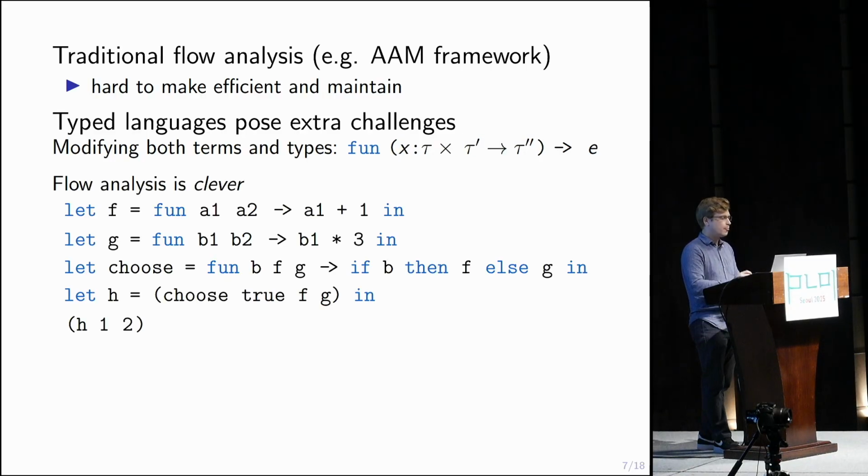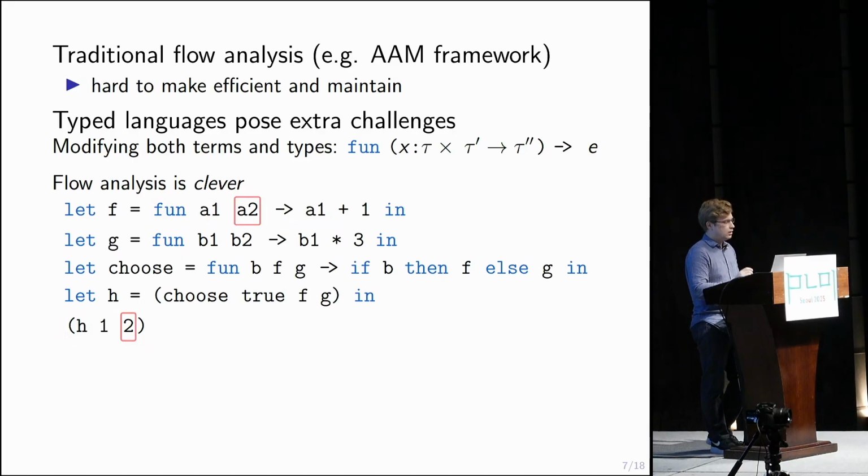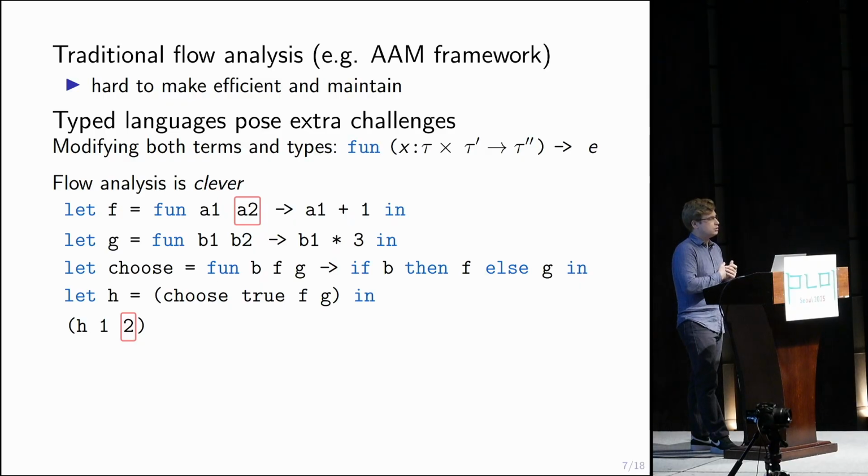That's kind of annoying. The second issue, and this is more critical, is that the flow analysis is often more clever than the underlying type system. So I have an example here to demonstrate it. I define a choose function, which returns one of 2 elements depending on a Boolean. And in the program, we always invoke this with true, which means in particular that H is always going to refer to F. It's always going to get the first thing from choose. And so our web just consists of this one call and this one function,